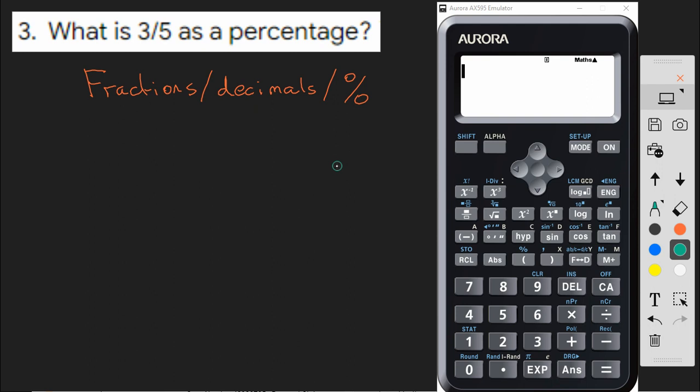So we have another question linked to our wider topic of fractions, decimals and percentages. And our first point to remember is that percentages are fractions, but they're just measured out of 100. They have a denominator of 100. So this is really an equivalent fractions exercise, where we're having to work out what the numerator is of this fraction to be equal to